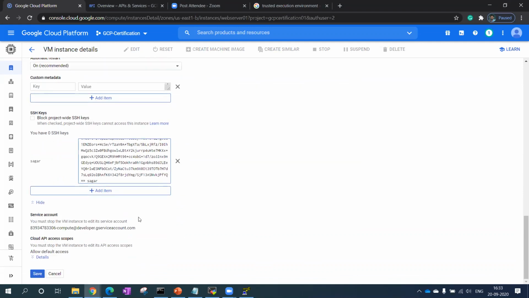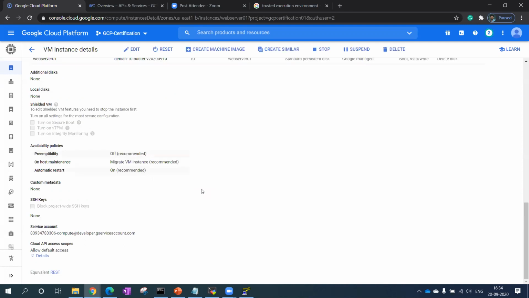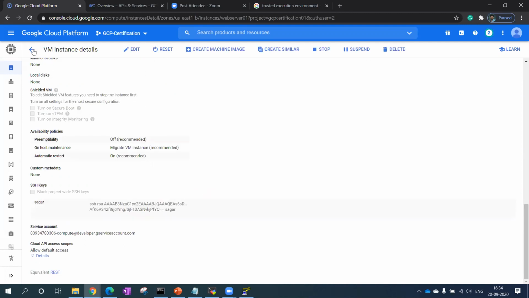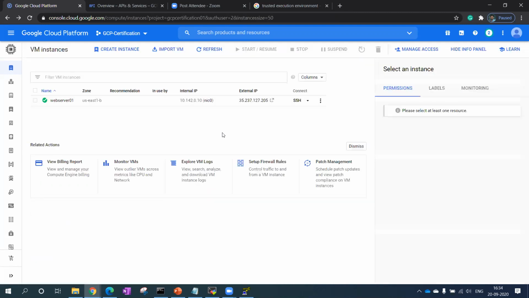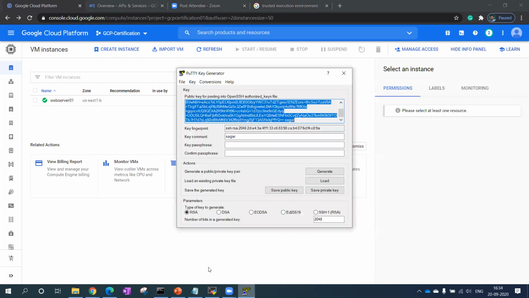Now I'm getting my own account to log into that. So I've just taken this key and I'm saving it. Okay, now I will come back over here. Now I have to access this. I have this public IP. I have to access this VM, right? What I can do right now, I will go here again. I have to save this private key.